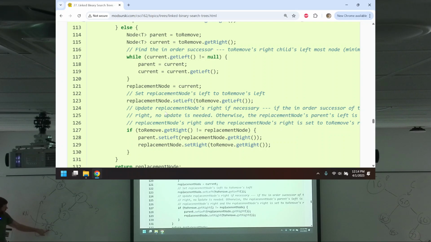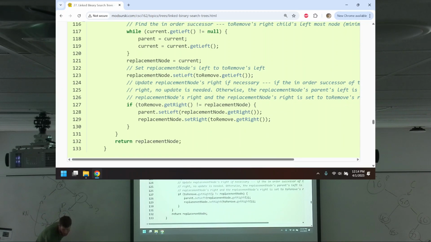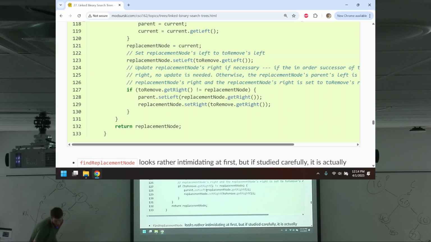So your left, the node that I want to promote, your left subtree that didn't exist, because if it did, you wouldn't have been the min value, is now this node's left subtree. Okay? Now, if to-remove's right is not equal to the replacement node, because it's entirely possible that this could be the min value in the right subtree, where the root of that subtree is the min value. That's entirely possible. If that's not the case,